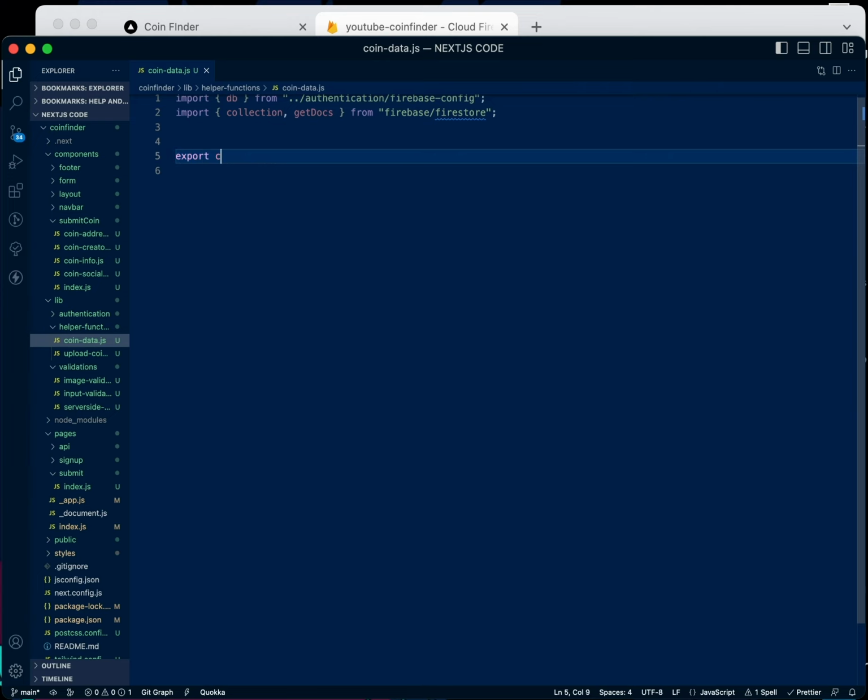We're going to export a constant, fetch all coins, and this is going to be an async function. Okay, so we're just going to comment here, say we're fetching all projects in the database. Alright, so let's get started. How do we do this? We're going to say constant coins